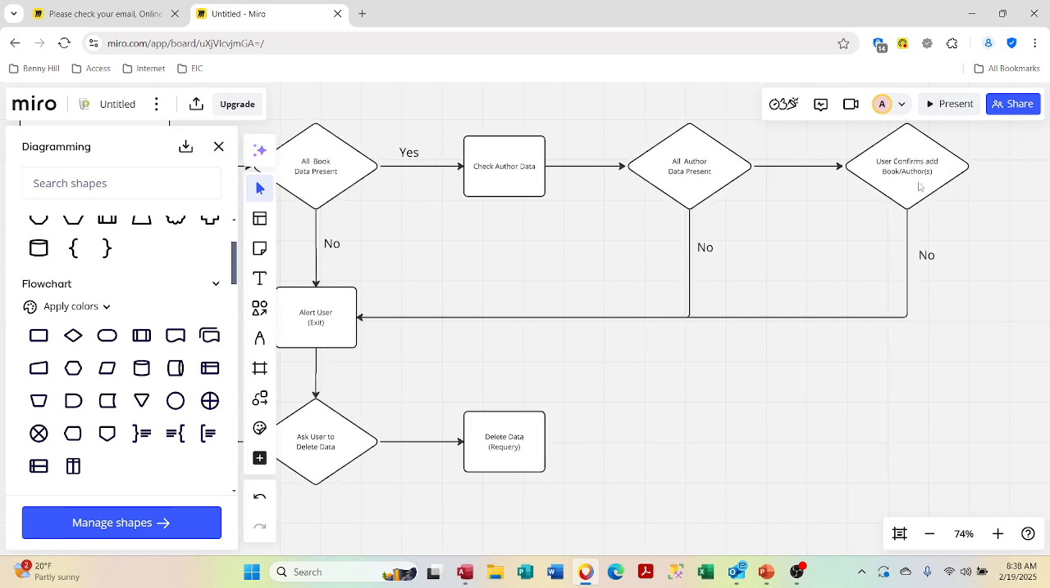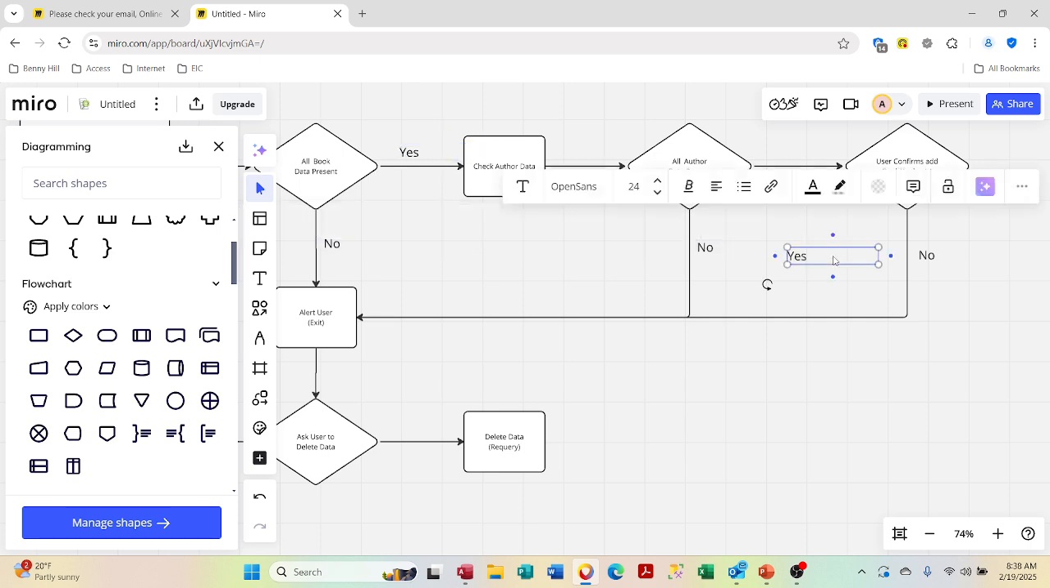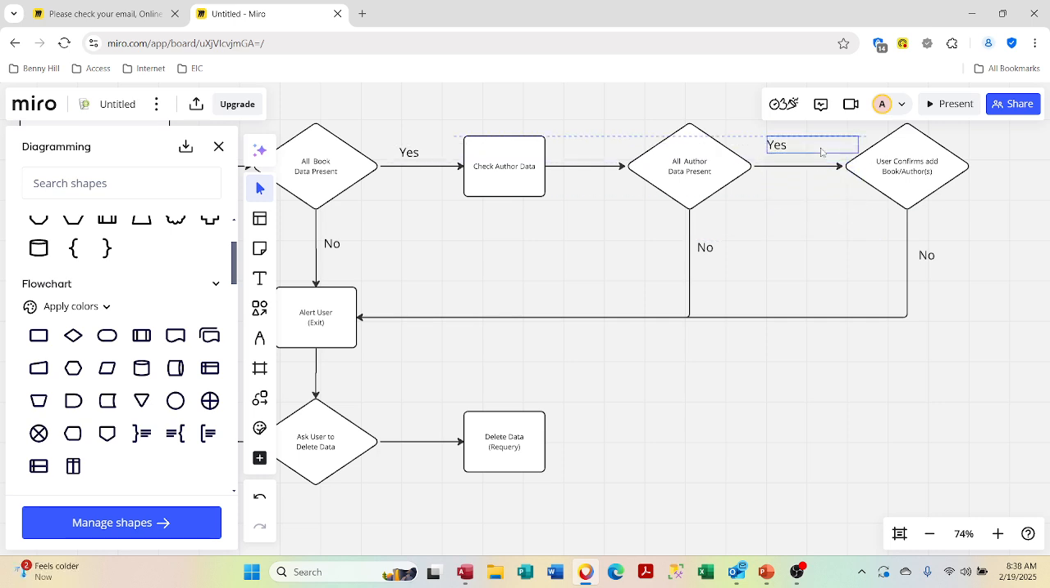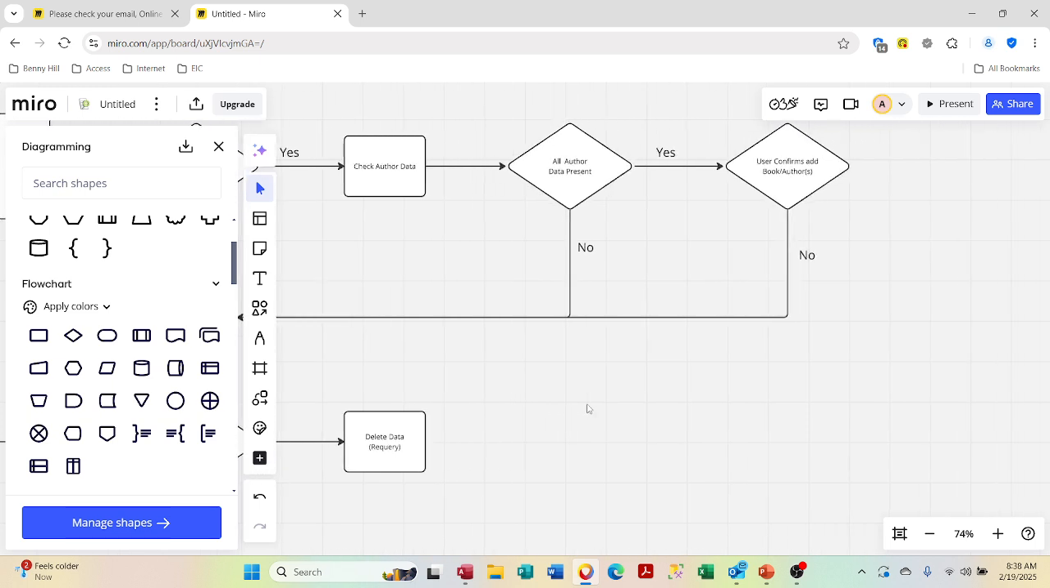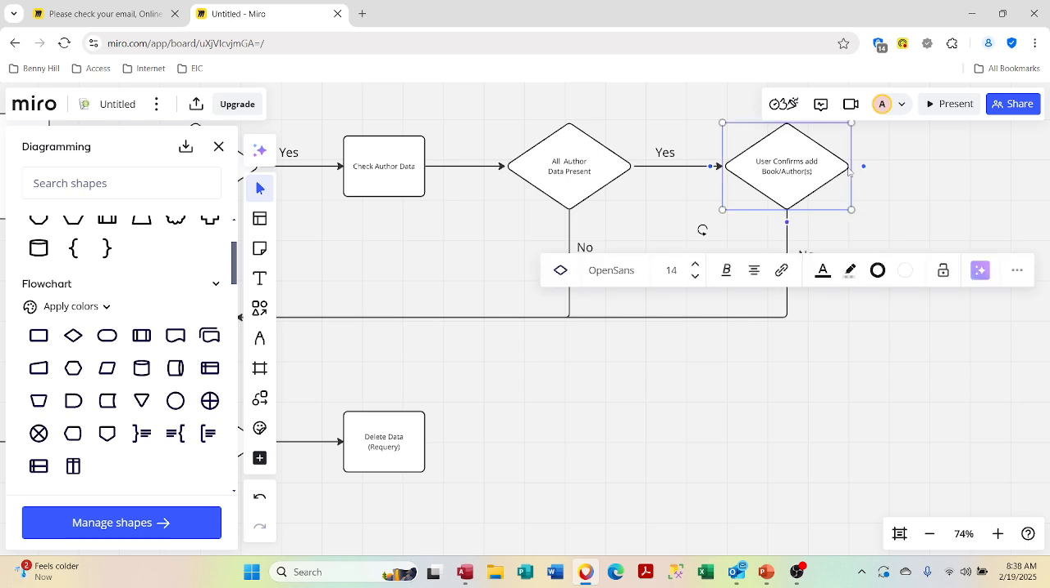And then over here, if all data is present, and this is a yes, we didn't add the yes in there. Let's get that in there. Then user confirms to add book author. And we have the no. It says I don't want to add them, so it's alerting the user, hey, do you want to delete the data? Okay, and it's a different alert. It's going to be, hey, data's there, but you don't want to continue with it. And then if it's a yes on this one here,